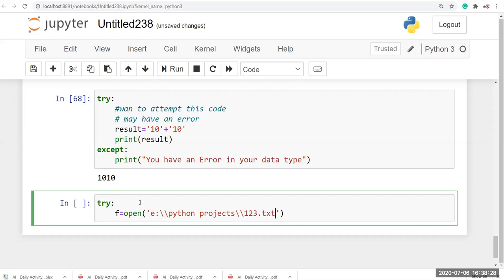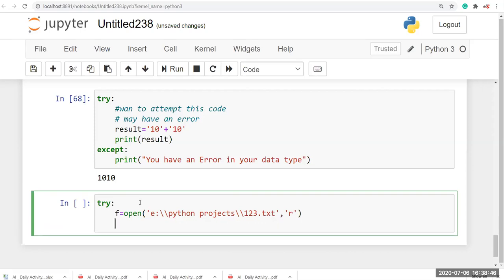This file is not in this location, so I'm going to create it. While creating, here I'm going to use mode r. This is an error, right? After that, I'm going to give f dot write some value like a sample text.